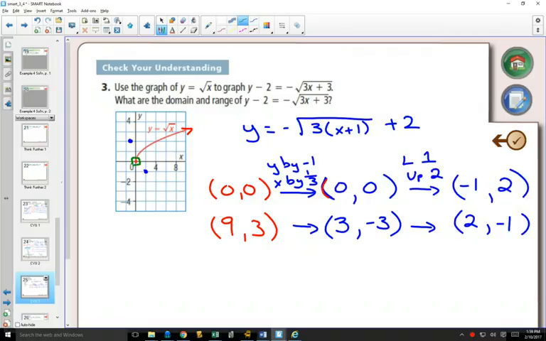This is our key starting point. Where did that point go? That point went to here. So that will be our starting point for our graph. And when we graph our final graph,